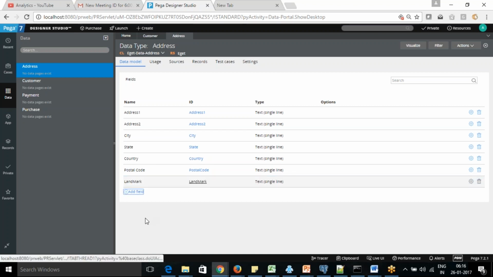So we have created the structure for the address as well, right?